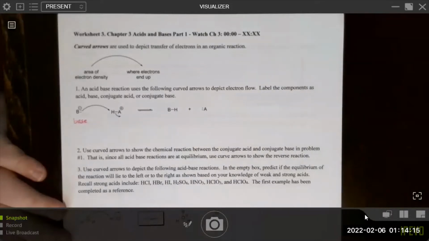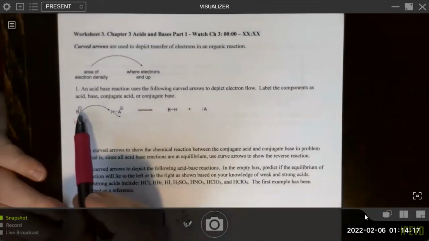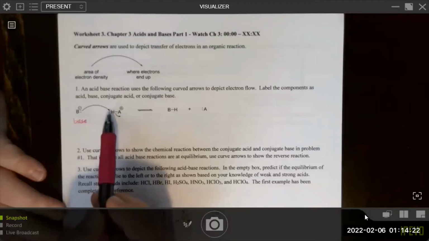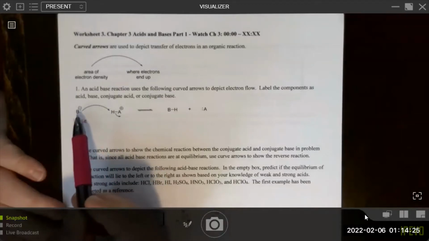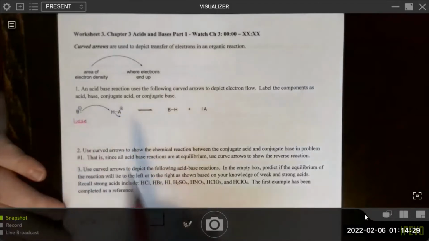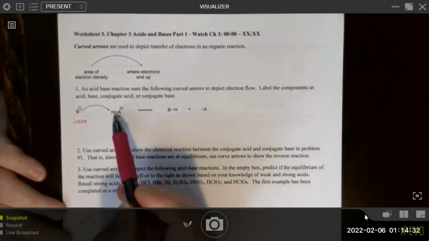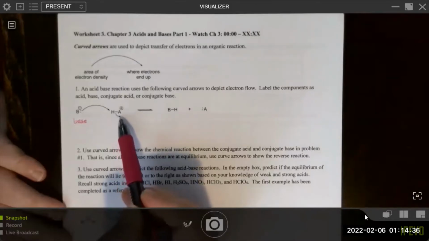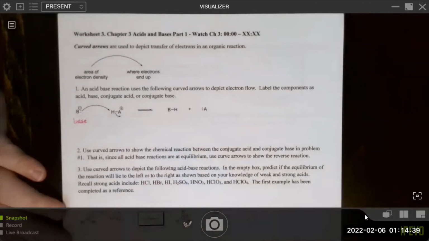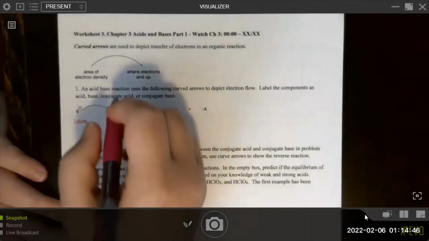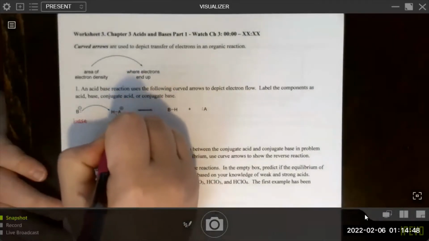So the arrows, right, we've started on a source of electron density, which is a lone pair. We point directly at the hydrogen atom to show that we're going to use these two electrons to form a bond between whatever B is and the proton. And then we use this arrow to show that these right now sigma bonded electrons are being moved to form a lone pair on whatever A is, which is going to be the acid once it's lost its proton. We'll label this as the acid.